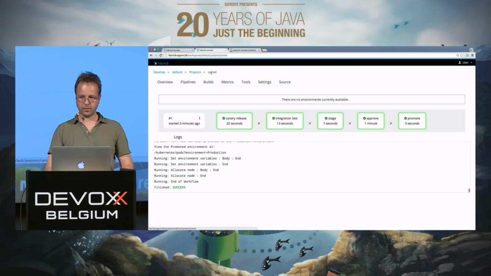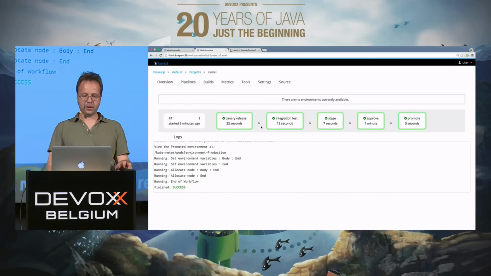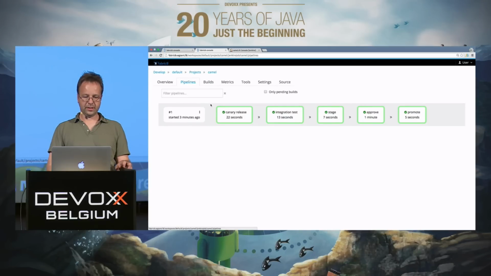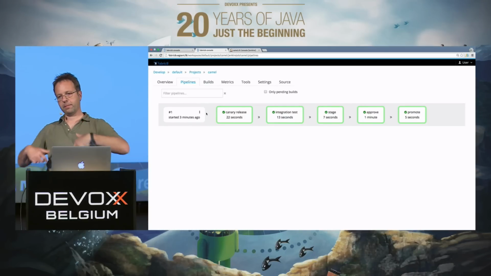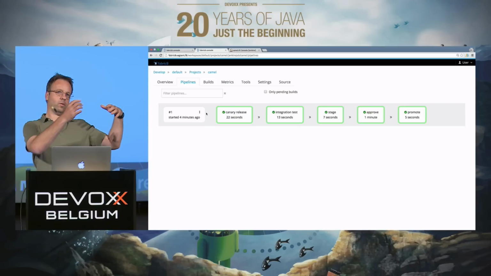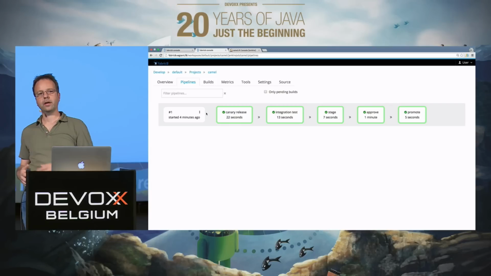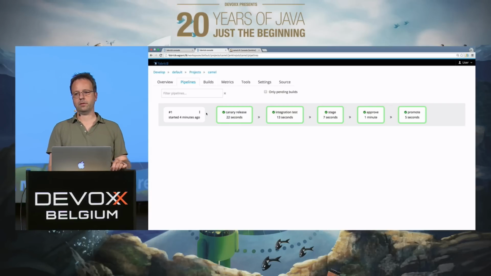If I were now to create a new check-in, changing something in the source code, you would see the pipeline start again, and you would see a rolling upgrade between these different pods. The old pod is scaled down to 0, whereas the new pod is scaled up to 1. Of course, with 1 and 0 it's not so fantastic, but if you use multiple replicas, you have a really smooth rolling upgrade.